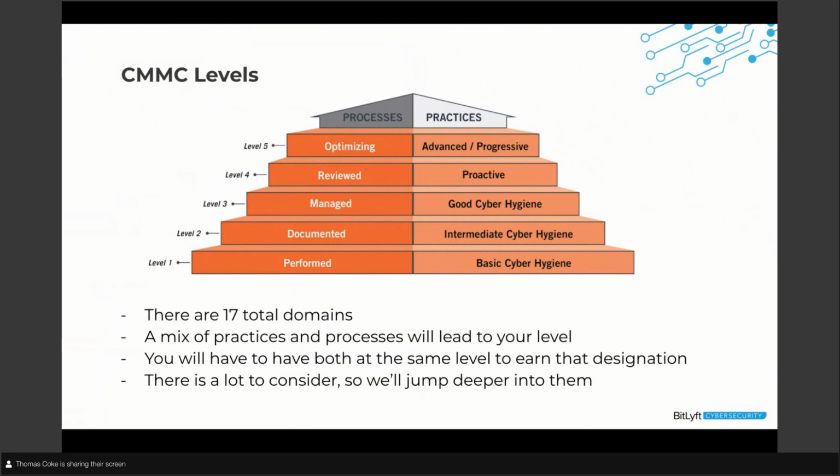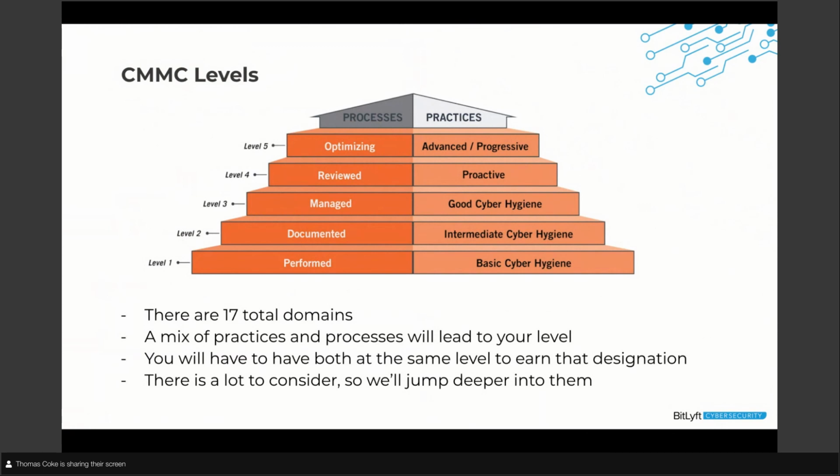We have a couple blog posts specifically on this that dive deeper into what's entailed with the processes and practices. And because this is 101, I don't want to dive in too deep to those, but I'm always happy to talk with anyone who wants to know more. The essential thing is, I would say, start from the bottom, and figure out where you actually have to fall based on the contracts you have and the type of work that you're doing.